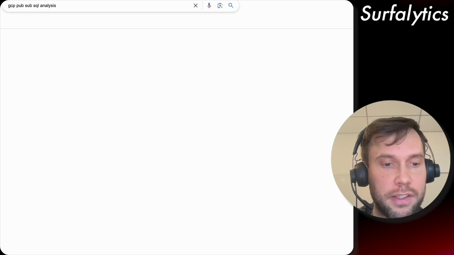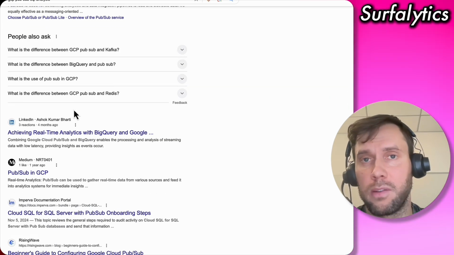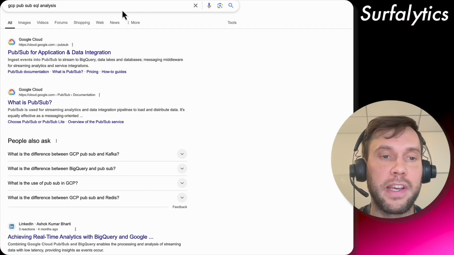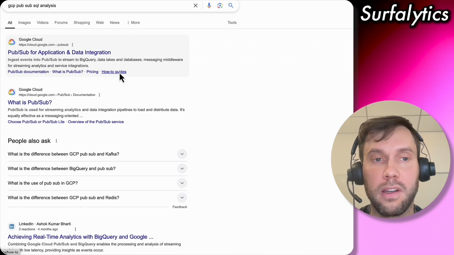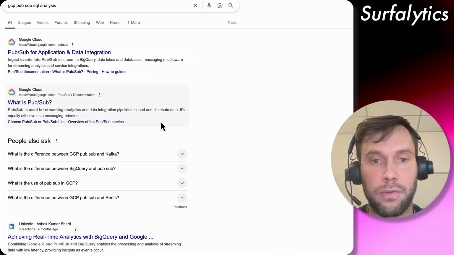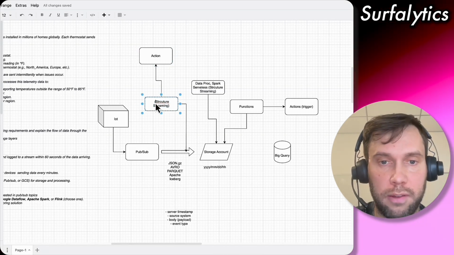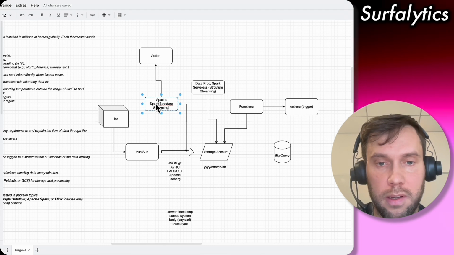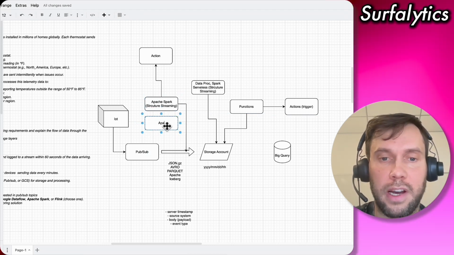I assume there is a similar approach to write and consume, and, for example, Kafka works in the same way. We have the same way of reading and analyzing the data, or like Apache Flink, just hook to the stream. So for example, this is Apache Spark Structured Streaming, but it could be the same with Flink. But I think GCP has its own service that does the same.